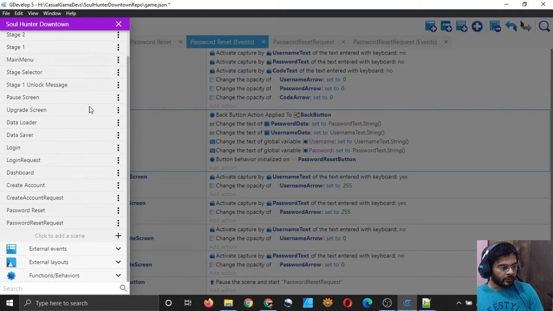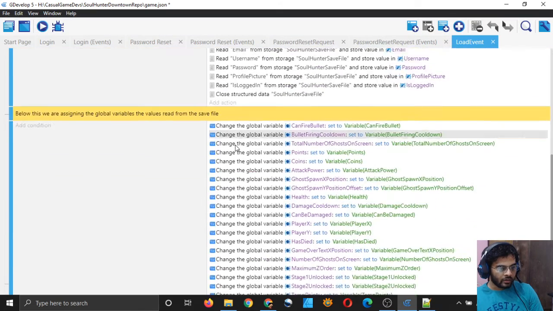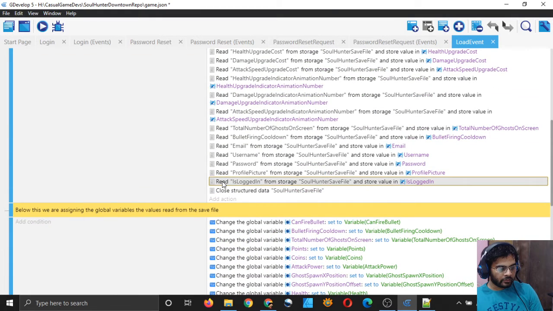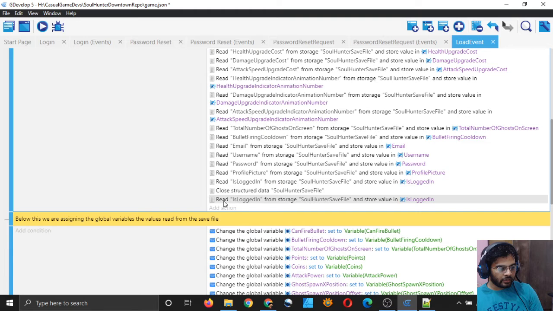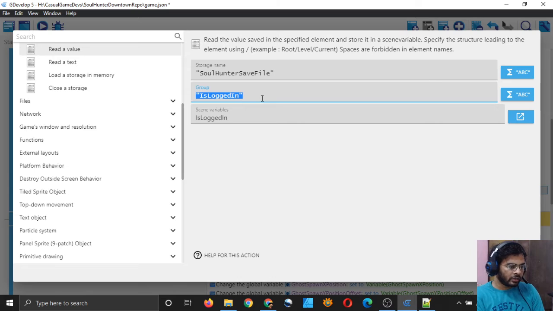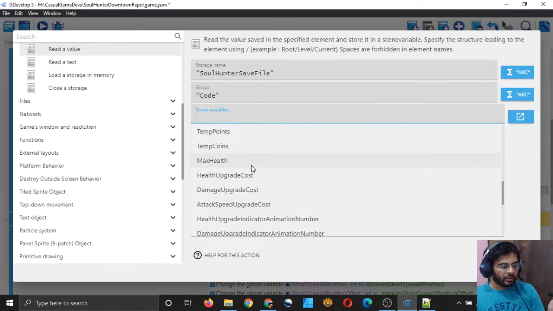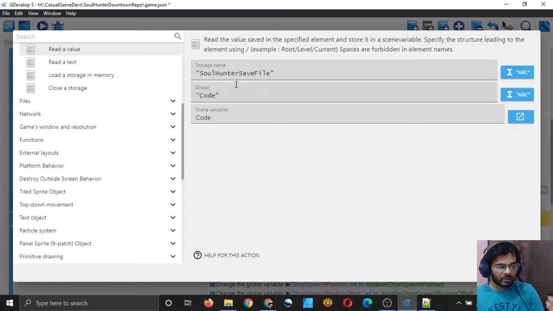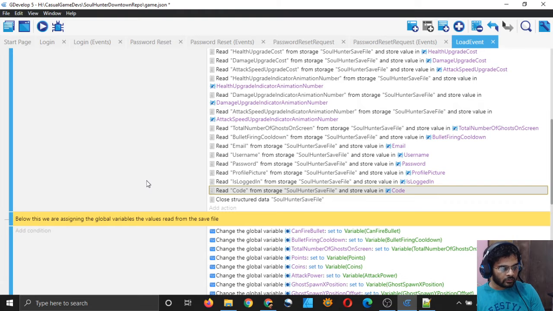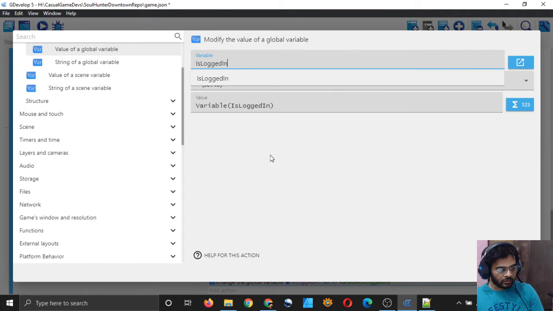So I will now have to open my load event and save event. In the load event I will simply have to copy this one, copy and paste it here and bring it above so that it's all together, and double click on it, and instead of is logged in group I will simply write the name of the group as code, and scene variable is not is logged in, scene variable is code. So that will be saved in the SoulHunter save file. Click on OK. So that is good. And now here also I will simply have to copy the last statement and paste it over there and double click on it and